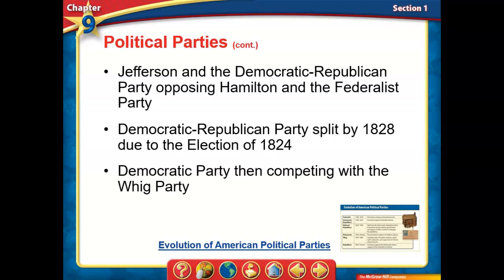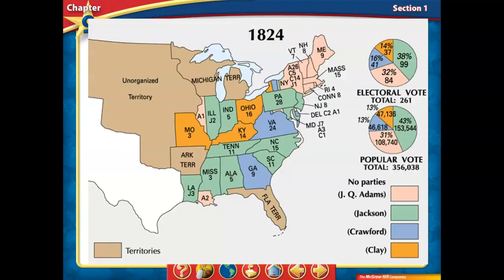But as you can probably imagine, just having one political party is not going to be a good thing. So because of that, in 1824, we start to see sectional division. And what I mean by that, sectional, it's talking about how you have different candidates who are just running a campaign for 3 or 4 states. Because the United States is so small at this time, you could potentially be successful that way. But really what happens in 1824 is it just becomes a nightmare, a disaster for the Electoral College, and creates the two-party system. So I think the best way to explain it is by showing you this map here.